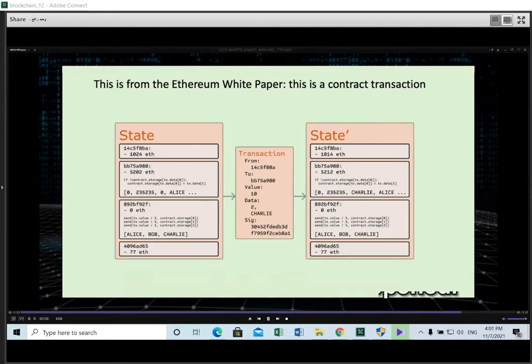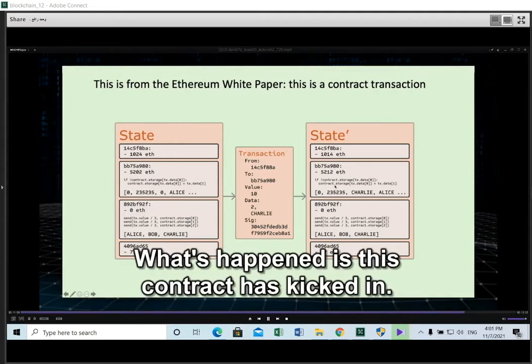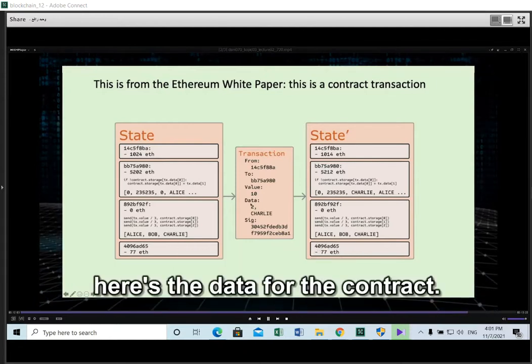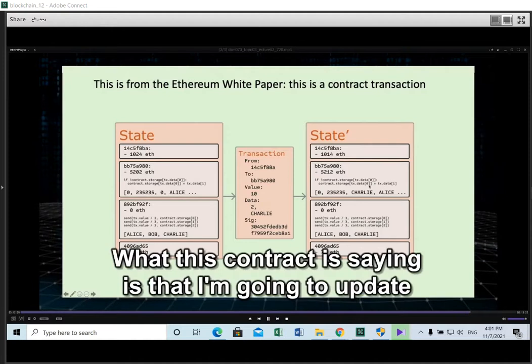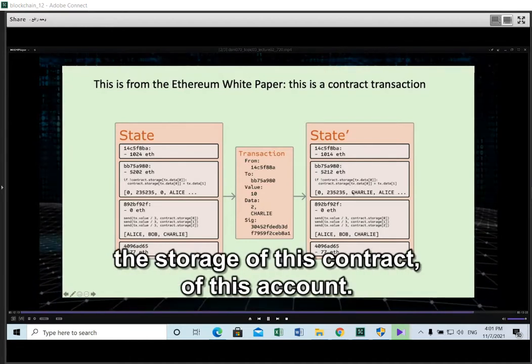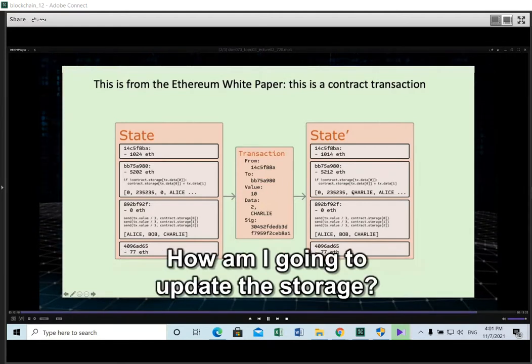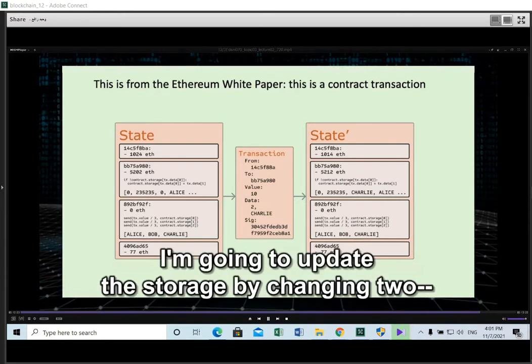But something else has happened. And what's happened is this contract has kicked in. Okay? And the data for this contract comes here. Here's the data for the contract. And what this contract is saying is that I'm going to update the storage of this contract, of this account. And how am I going to update the storage? Well, I'm going to update the storage by changing